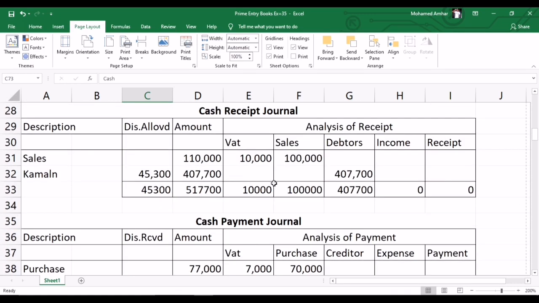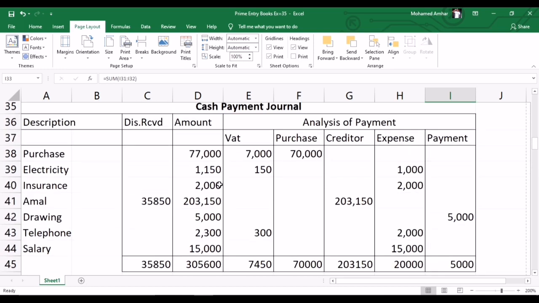Now we record all the credit entries as we debited this 517,700. Here there is no income and receipt. Now